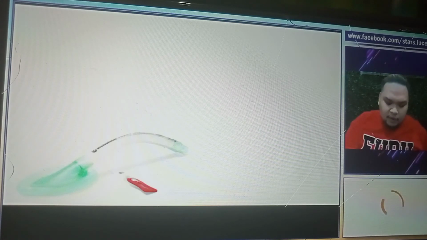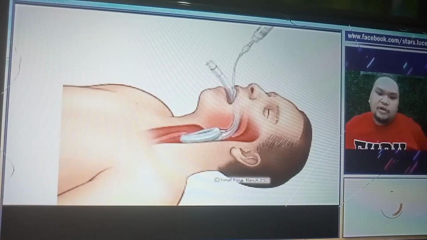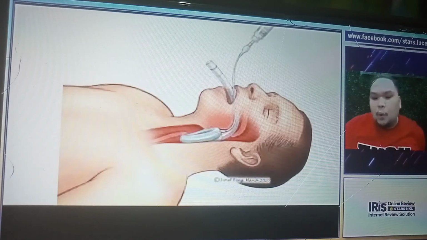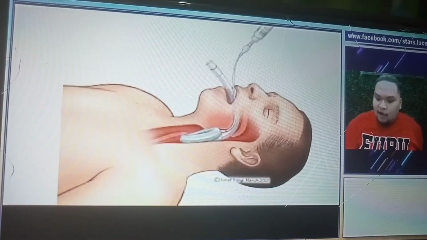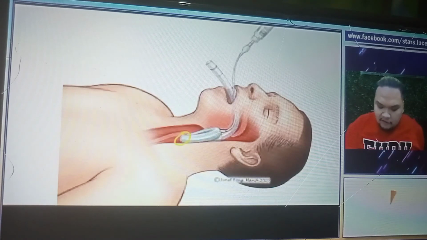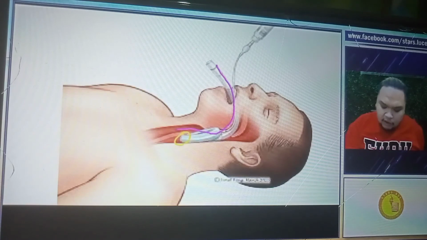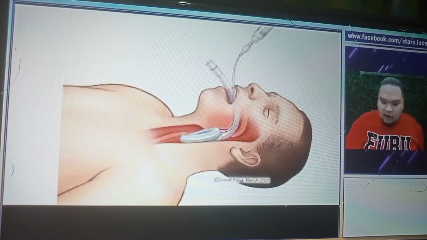Okay. Now, how would we actually insert this one to your patient? Do you need a laryngoscope to actually position this one? No need for a laryngoscope. You're just going to make sure that the tip of the LMA is in the esophagus, blocking the esophagus, so that the air can go directly to the trachea. So, kaya ginawa siyang ganyan, well, it's because